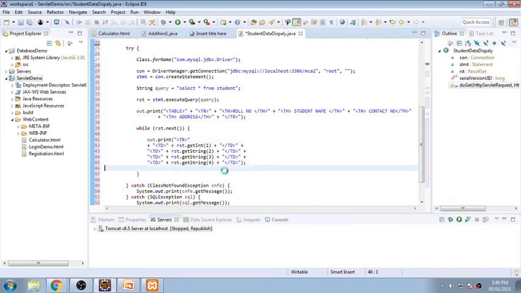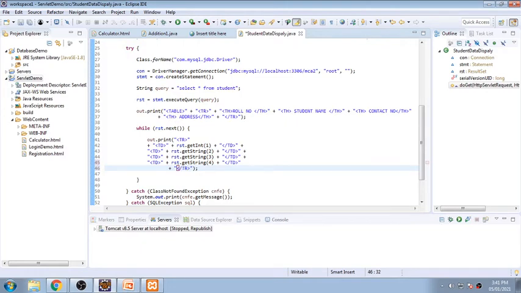Now, if you want to display something on the console also, you can use system.out.println and display it on the screen, but now it is there. And finally my task is completed. If we need to close this row, slash tr, so the table row will be closed over here.